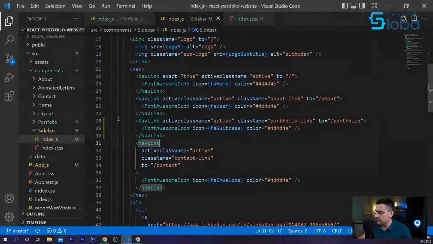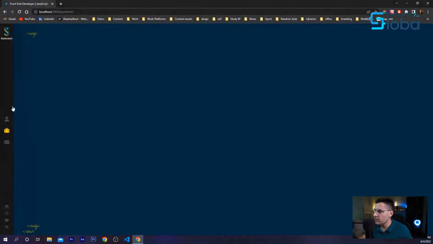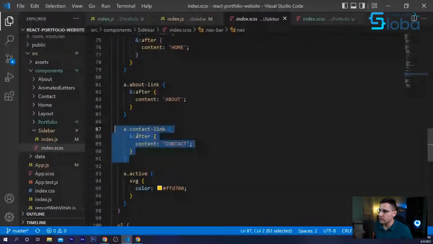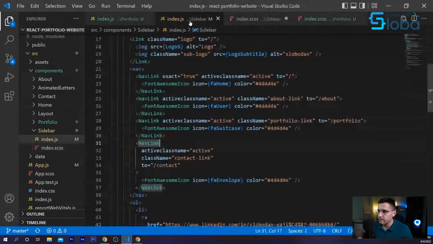That's nice. The only thing which is missing now: if you can see, when I hover over the home component about section, we get this text. But if I hover over the portfolio section, I don't get the text. The reason for that is because I'm adding that through the CSS. If I go here, you can see on hover I'm adding the content. So we can do the same for portfolio. The class that we created is portfolio-link, because I'm following the same convention about-link on the others as well.